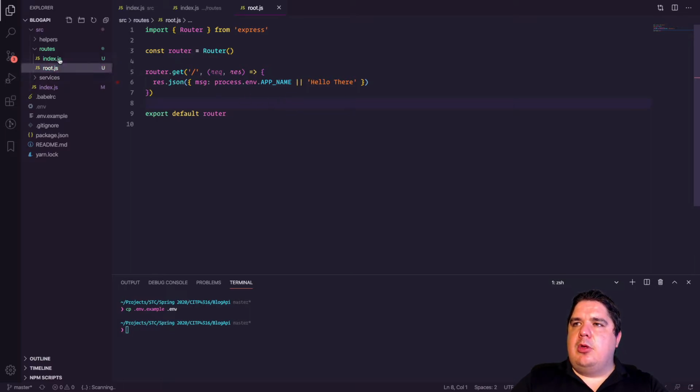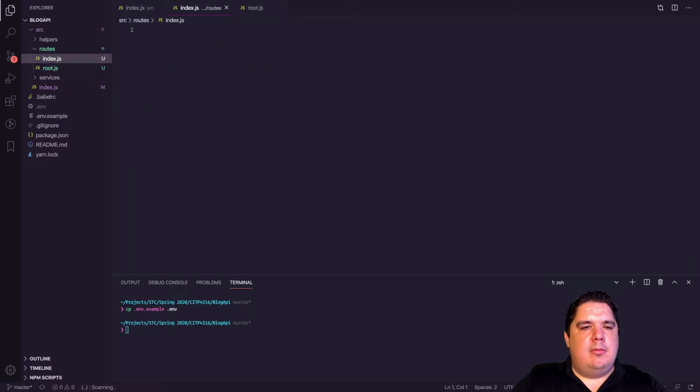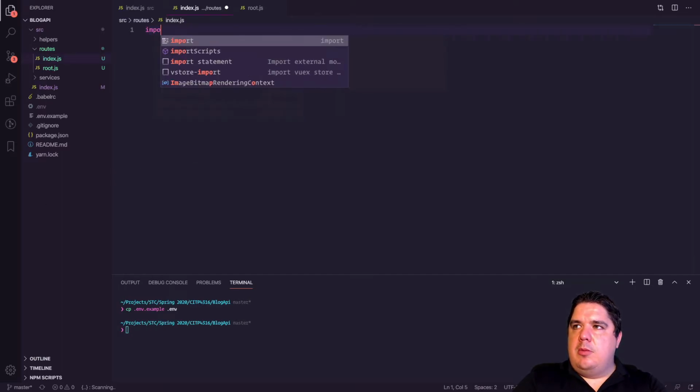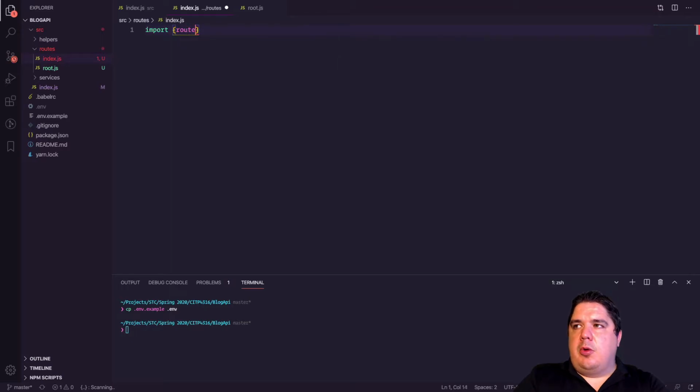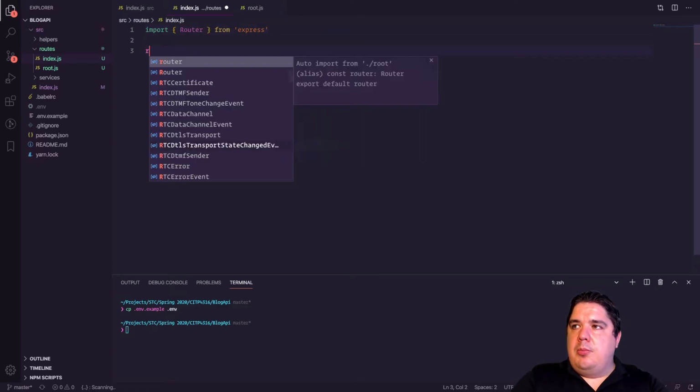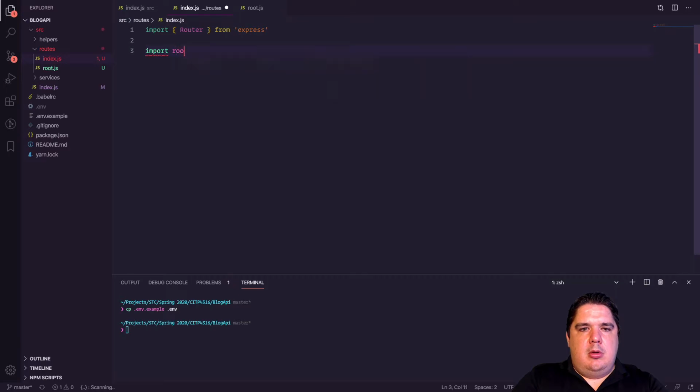And that route is going to be imported in my index. So in my index we import again, because we have the router separated, we need to have it like this from Express, and then I will import root from root,